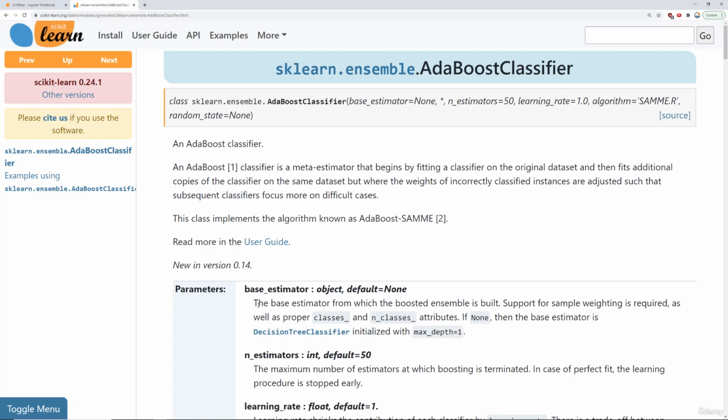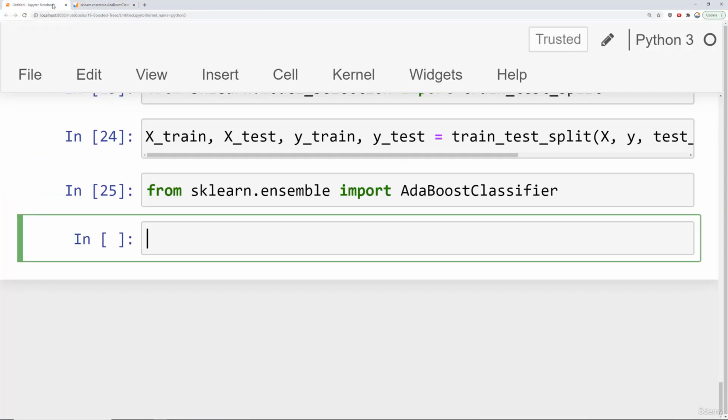So this usually is the best machine learning model to use for ADA boost, but keep in mind you could technically pass in any base estimator you want and then perform ADA boost on it for classification, or switch to ADA boost regressor, just swap out the estimator you're providing. But typically we just use those stumps, decision tree classifiers initialized with max depth of 1. And then we can also choose the number of estimators, which is how many of those stumps do we actually want to create. We're going to go back here to our notebook, and let's begin by creating a very, very